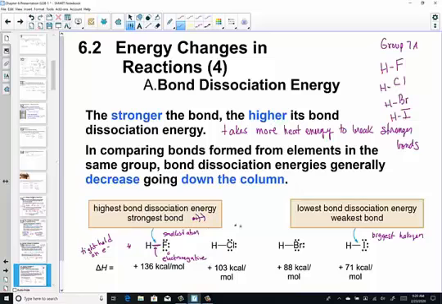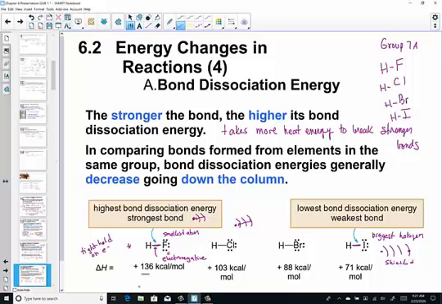By the time you get to chlorine, there are 3 shells, so this has become a little more shielded. The protons are having a harder time keeping those electrons close. And by the time you get out here to iodine, you have 5 valence shells, and the protons are very shielded by those outer electrons. And so therefore, this bond between HI is not as tight and it's easier to break. The smaller the atom, the more electronegative the atom, the stronger the bond. The bigger the atom, the least electronegative atom, the weaker the bond.